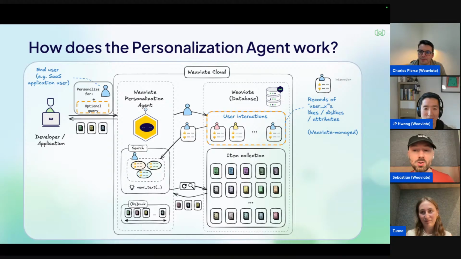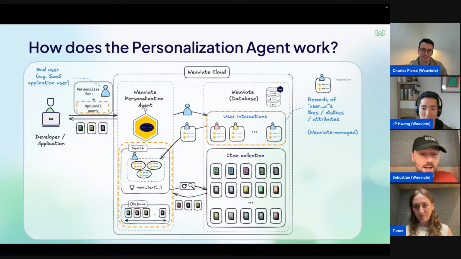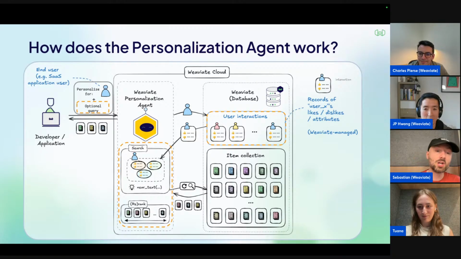What we usually use from that is users' previous interactions, where we can capture their likes and dislikes, which builds up their profile. And then using that, we can perform additional search queries. So we say, I know something about your profile, I'm also going to run a query and dive deeper into that information, so that by combining the vector search with your likes and dislikes, we can extract the best objects from our database and return them back to the user.